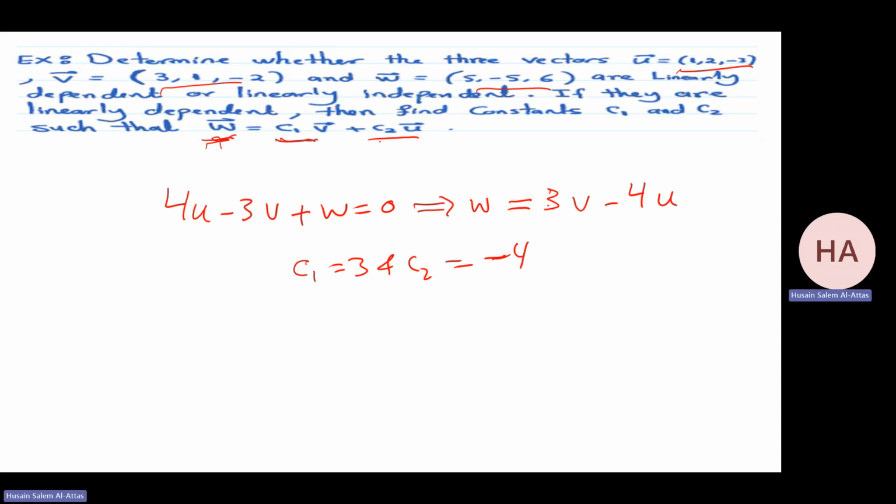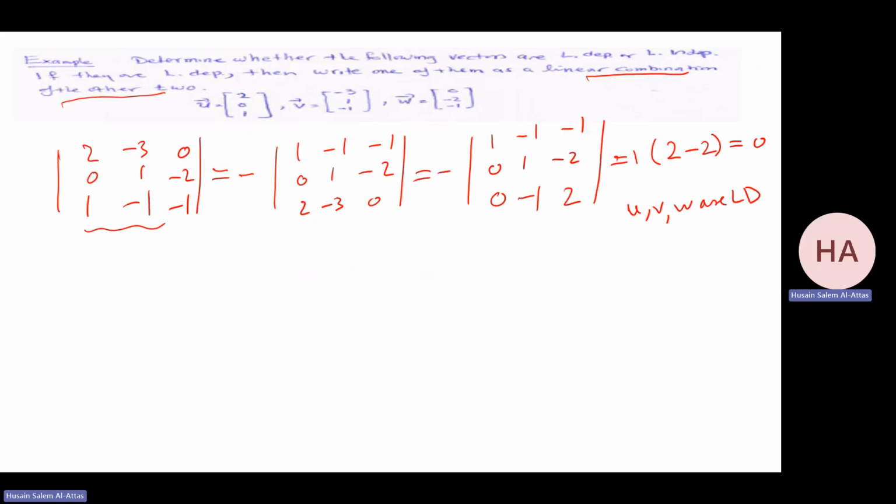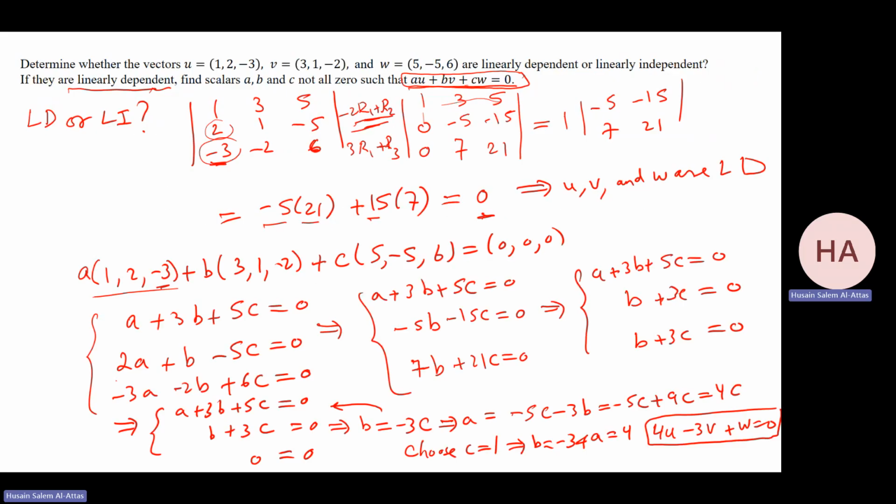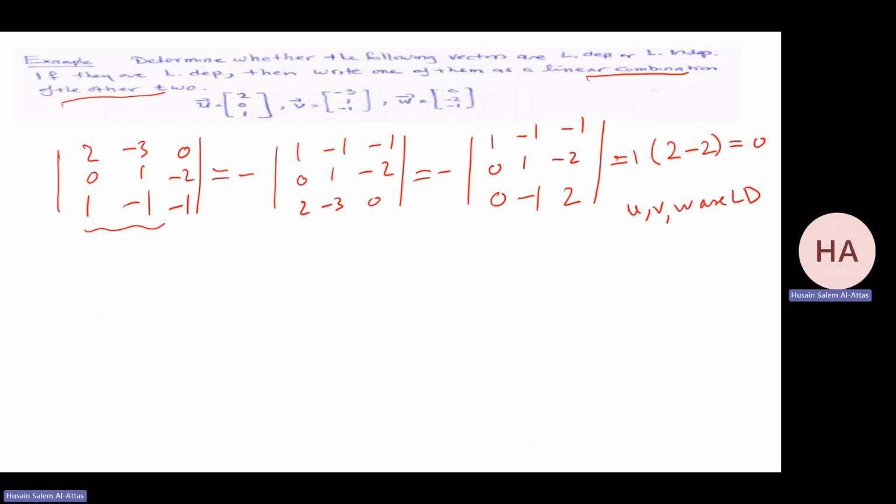W is a linear combination of the other two. Okay, so I need to do what? Like what we did in this one. I need to solve the system. AU plus BV plus CW is equal to 0. I need to solve this system. How to solve this system? I have A, let me write it this way,